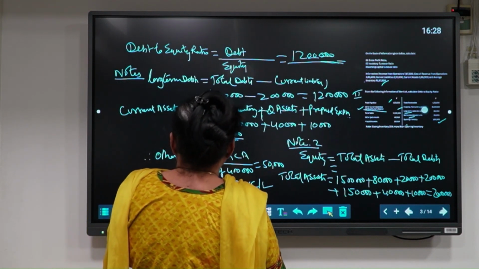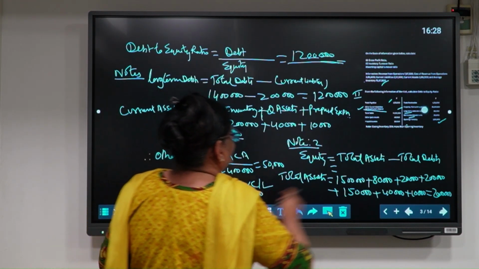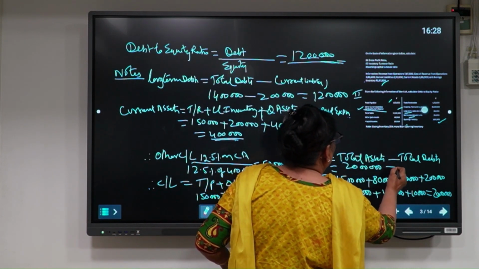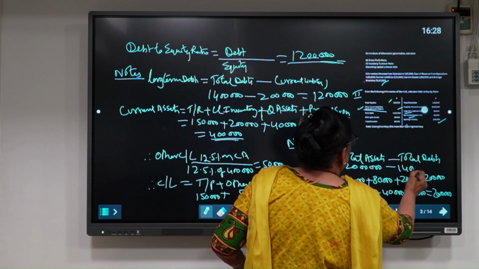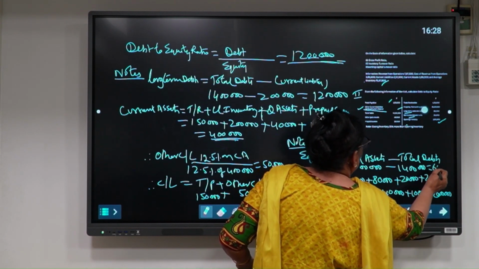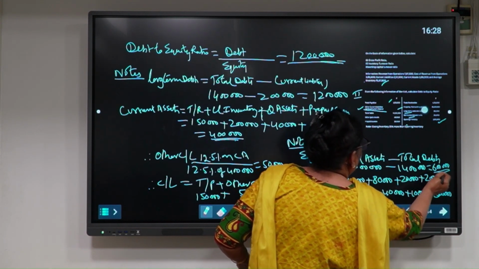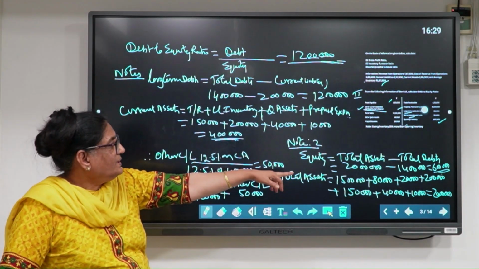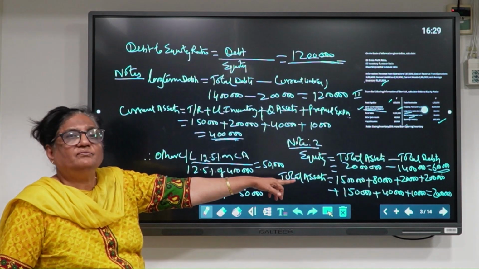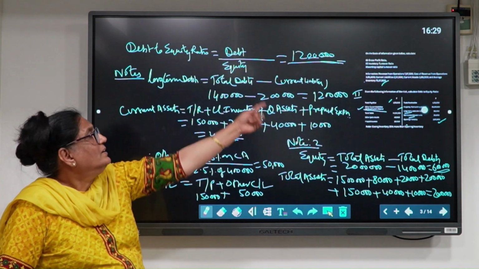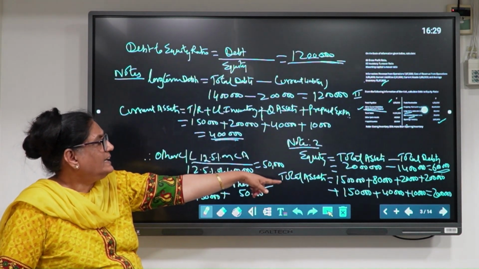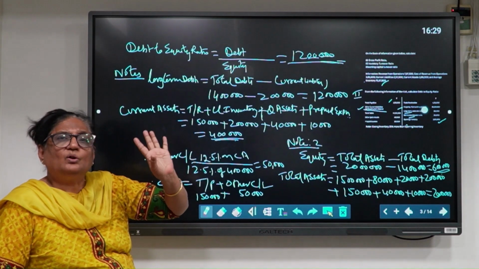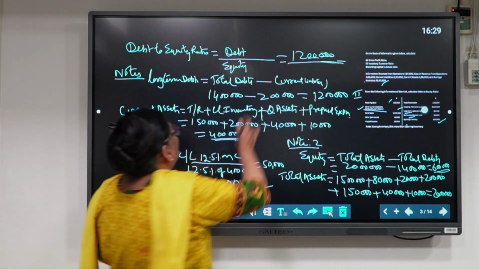So how much is that? We have taken 20 lakhs. Now 20 lakhs is your total asset. Instead of putting it here, I had gone there, see. Total debts are 14 lakhs. Correct? Sorry. Total asset we have found out: 20 lakhs, from the second part, whatever assets are there, I totaled. 20 lakhs we got, minus your total debts. Total debts are 14 lakhs given to us. 6 lakhs will be my equity.